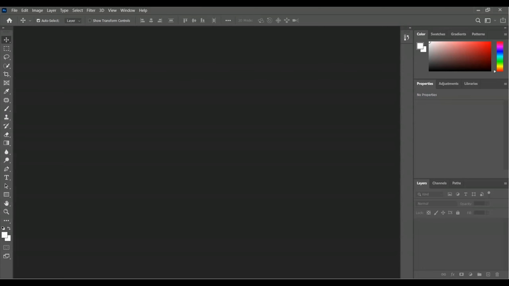Hi, right now we are going to learn how to make a background blur. In the last lesson we learned how to make an image blur, but in this lesson we are going to learn how to make the background blur, and that is an awesome thing because